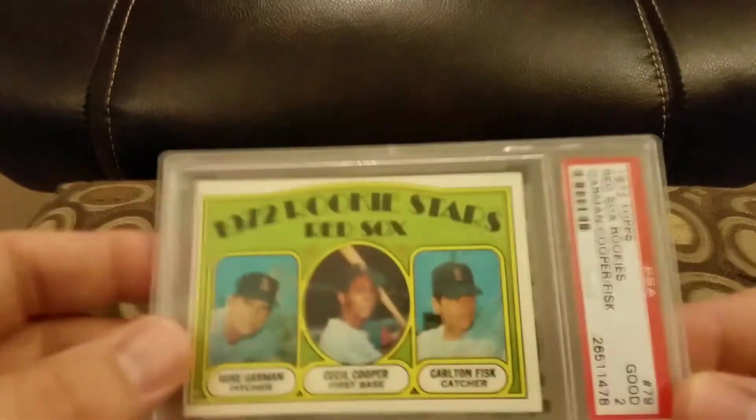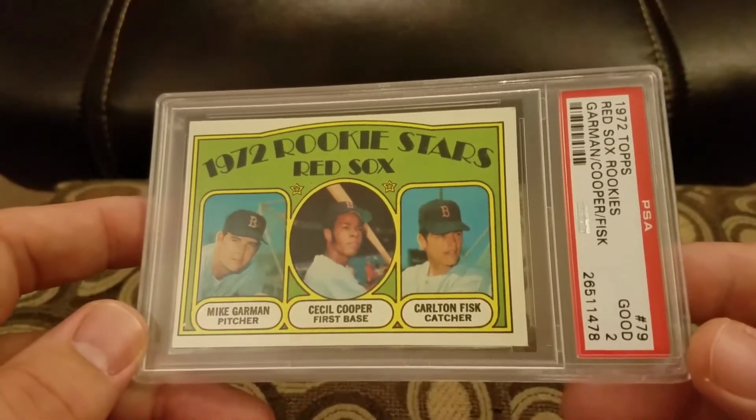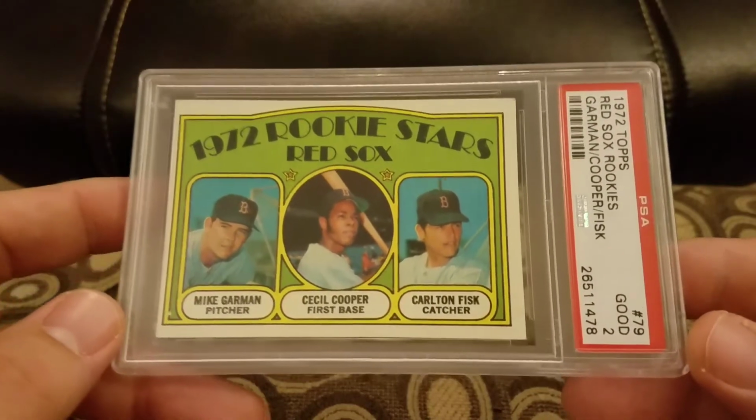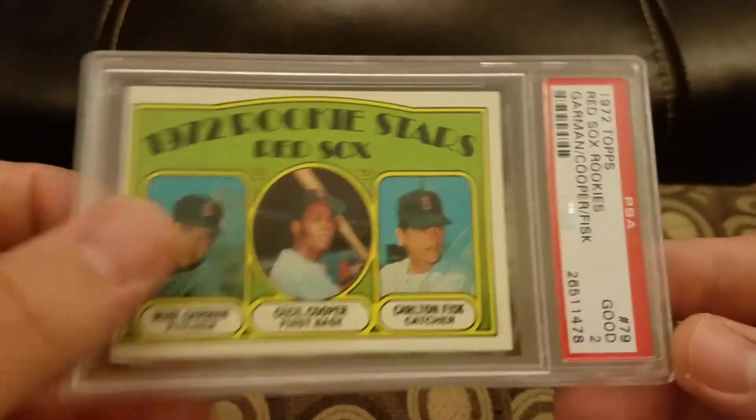So if you ever want to try to find some good deals, just type in PSA in eBay and do auctions and ending soonest, and sure enough, you find kind of cool stuff like this, so cheap. Most of the time, the low grade cards, like even the Hall of Famer rookies, at auction sell for way